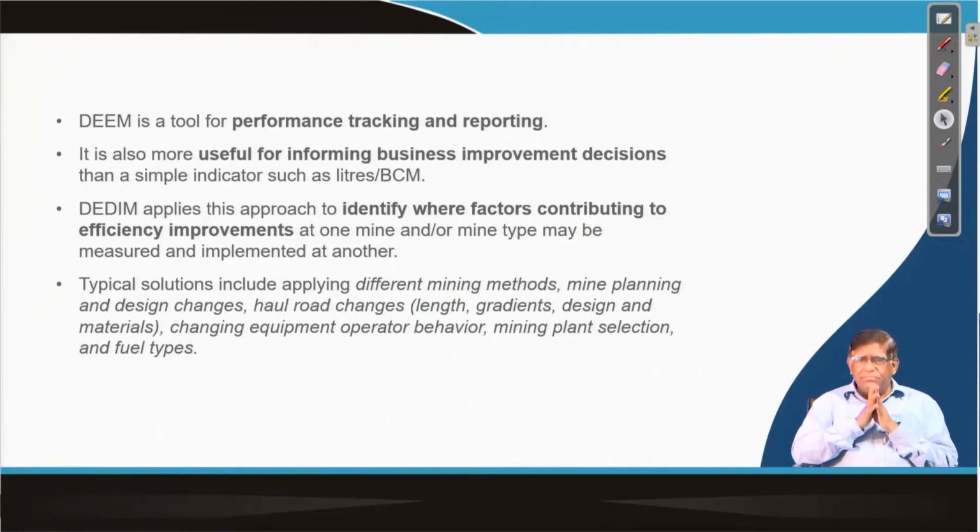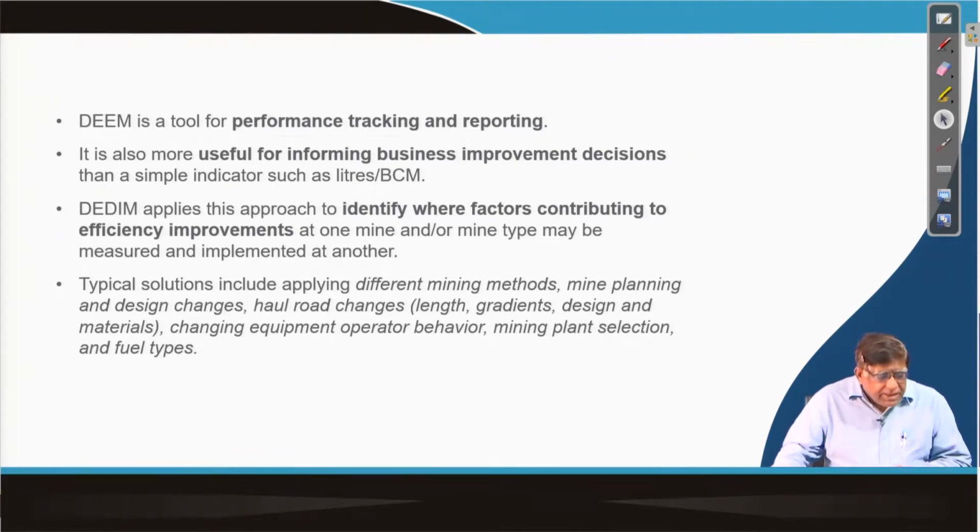So these energy accounting methods do this whole performance tracking, and they report in a very precise manner, so that in a quantified way you can know how the system is working.